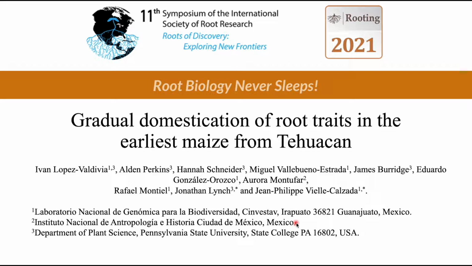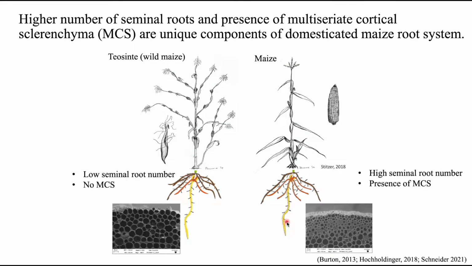Hello, my name is Ivan, and I'm gonna present my project called Gradual Domestication of Root Traits in the Earliest Maize from Tehuacán. And I wanna start talking about the domestication of maize. We know that maize was domesticated from teosinte 9,000 years ago, and the phenomenon of domestication has been focused in